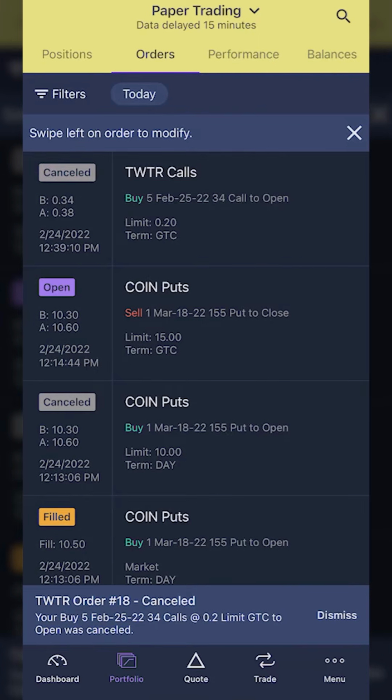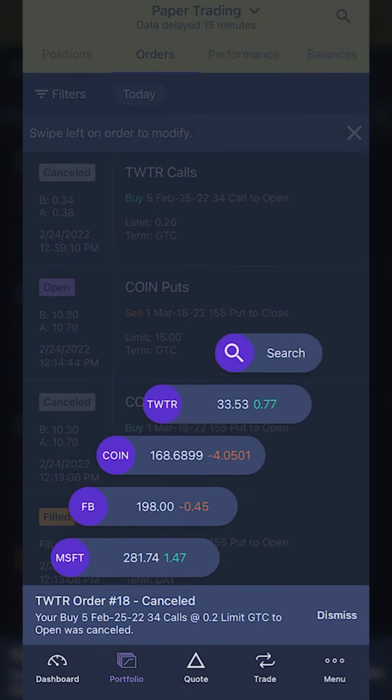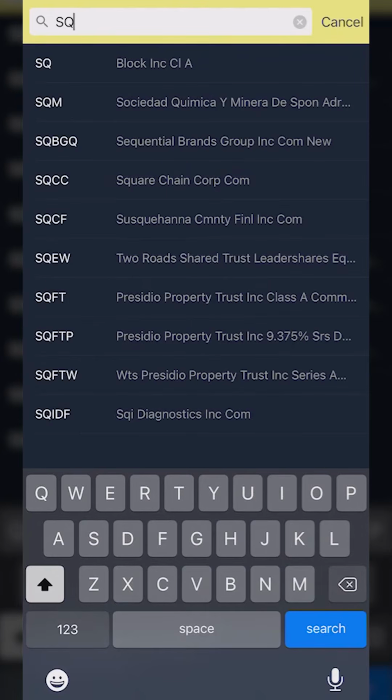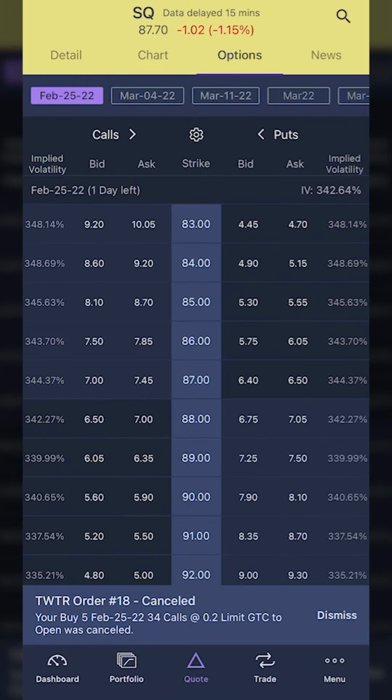Now, moving on from that, let's say I next wanted to buy put options instead, and we're going to flip from Twitter to, let's say, Square. So I'm going to come down to the quotes page again, the little triangle icon. From there, I'm going to come up to the search box, and in the enter symbol box, I'm going to type in SQ for Square, and they actually recently changed their name to Block, but I'm going to go ahead and click on that, Block Incorporated. From there, we can look at the top and see that it has flipped over to Square, and the stock is currently trading for